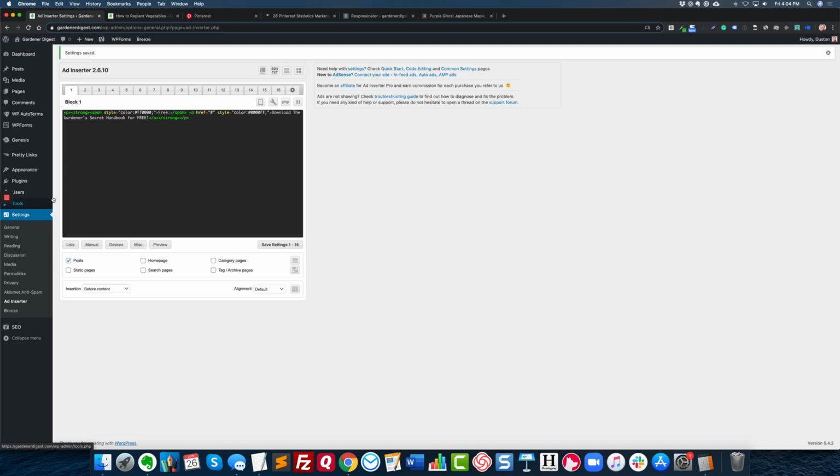If you have 700 posts, you can just come in here and change this one thing, and it's going to change on all 700 posts. That's why I'm taking the time to show you this. So now let me copy this, and we'll do a different one for after the content. You got all these different blocks to work with, so I'll put that one in this block 2, and this one we'll call,